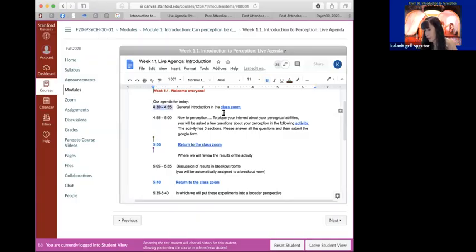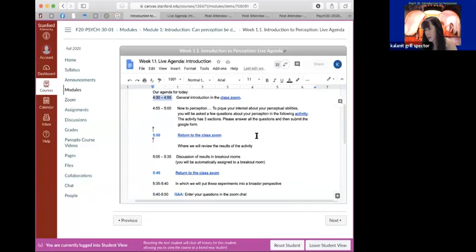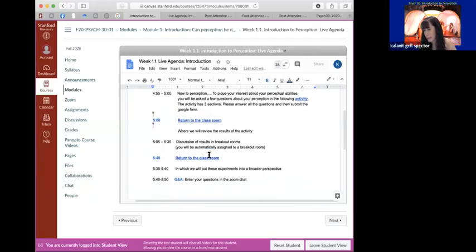We're going to start with the general introduction on Zoom. Then we're going to have an activity that I'm going to explain to you. After the activity, we're going to return to the class Zoom. The times are always written in Pacific Standard Time, so they're anchored to Stanford, and if you're in another place, you have to adjust for your location. Then we're going to have some breakout room discussion, and then return to the Zoom class. I greatly recommend that you have this document available at the beginning of each class so you can follow us in case your internet gets disrupted.